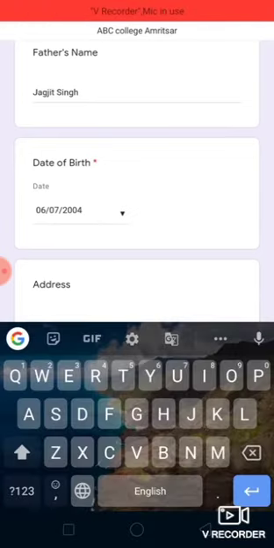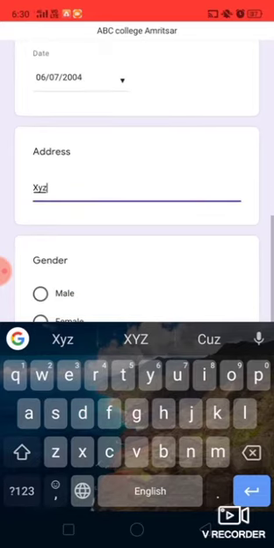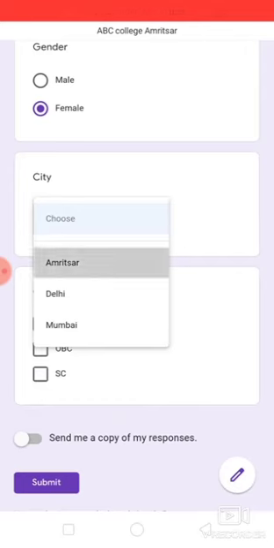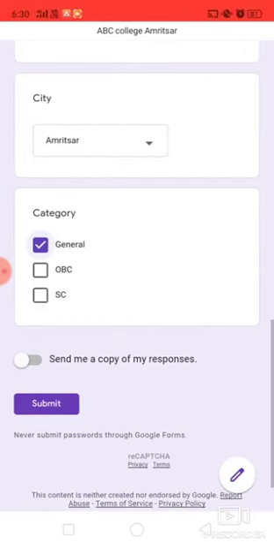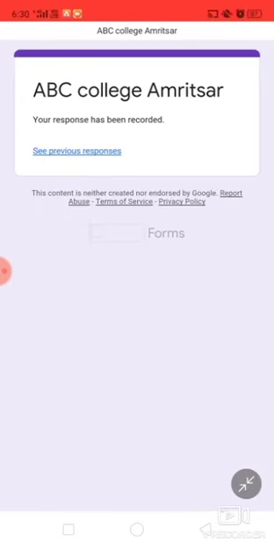I am just entering any dummy entry. Now select city, category. At the end, click on the submit. When you click on the submit button, you will get a message which is displayed on your screen. Your response has been recorded.